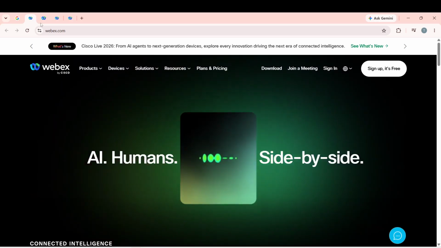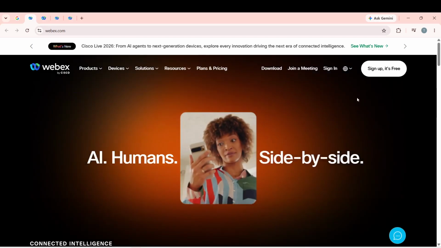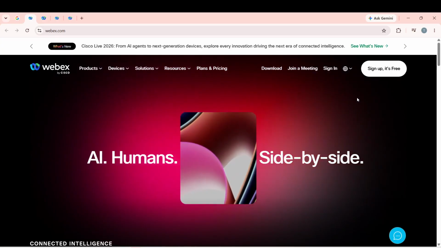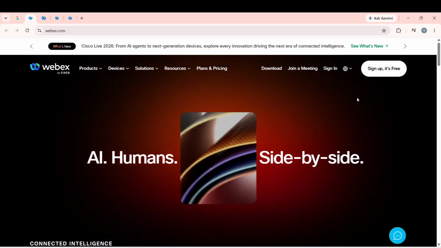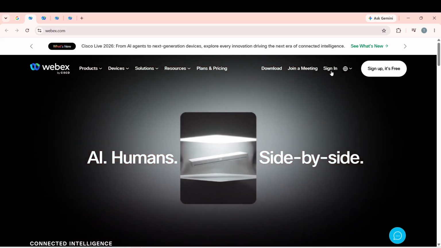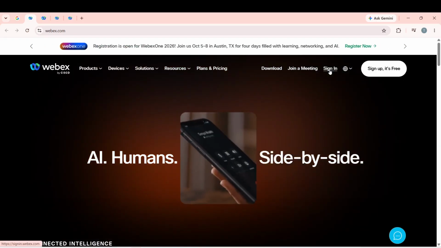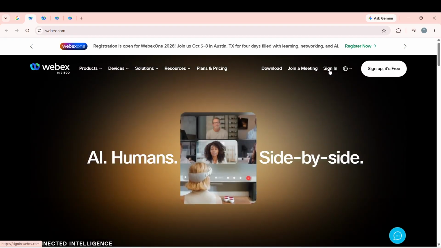You will know you are on the right page if the URL begins with webex.com. This step matters because it directs you to the platform you need for support. You should see a clean layout with options related to different WebEx services. A well-organized site will help you find what you need quickly, saving you time and effort.